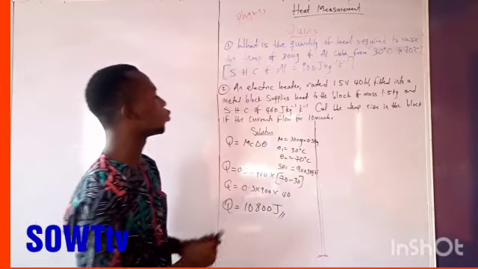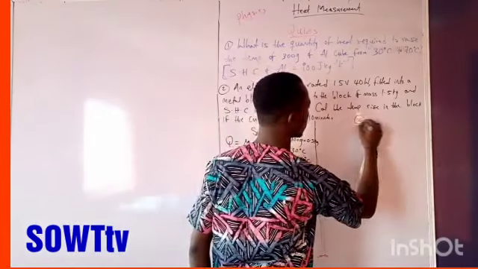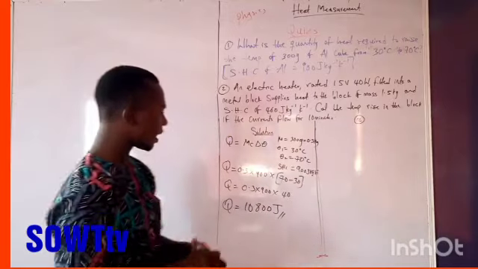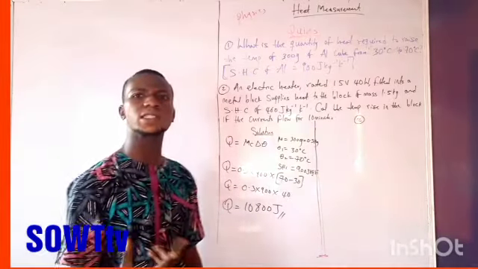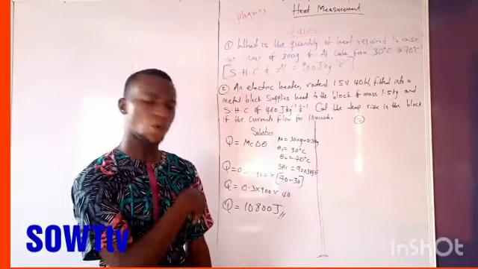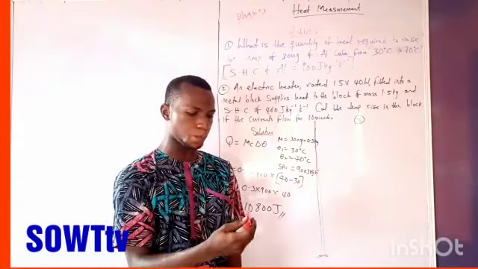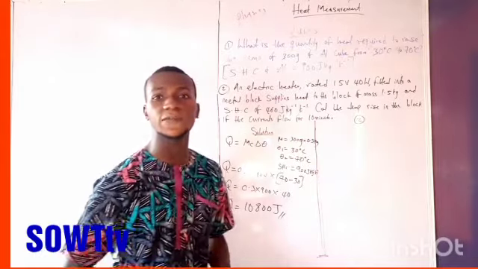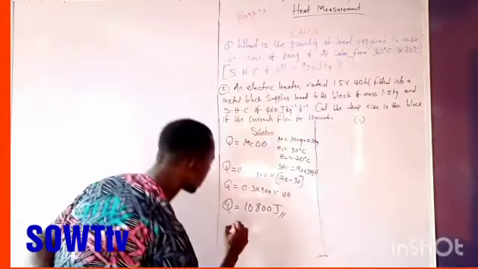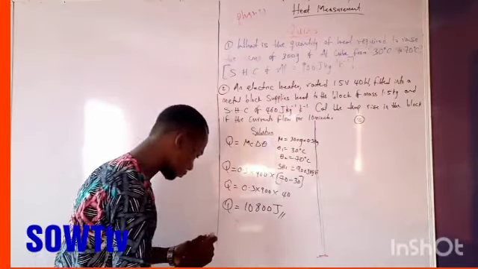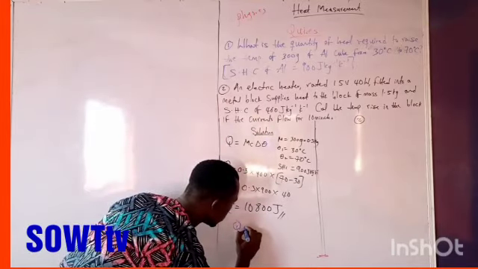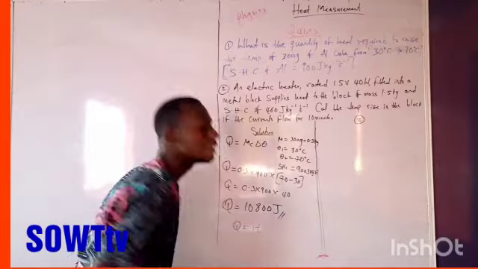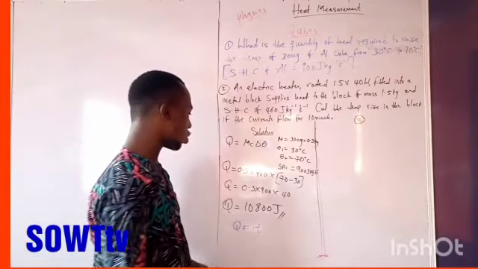So let's quickly move to quiz number 2. Before I go there, I must explain that this Q, the quantity of heat, also has its own formula. If you still remember from Faraday's laws of electrolysis, we said that Q equals IT. That is, to get the quantity of heat, we use